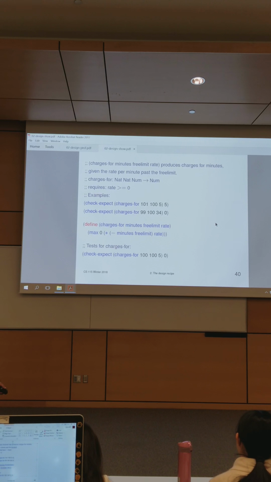And obviously the rate has to be bigger than 0. You can't be getting money for using more minutes than you should be. You're always paying money for using more minutes than you should be. And the code here, I don't want to say it's straightforward, but what's happening here? We are essentially taking away how many minutes we've used, or how many minutes we have, from how many minutes